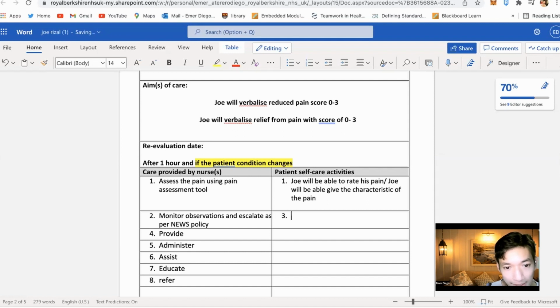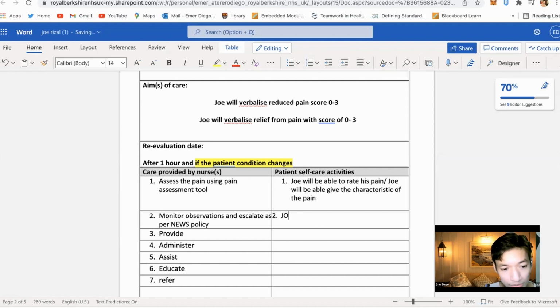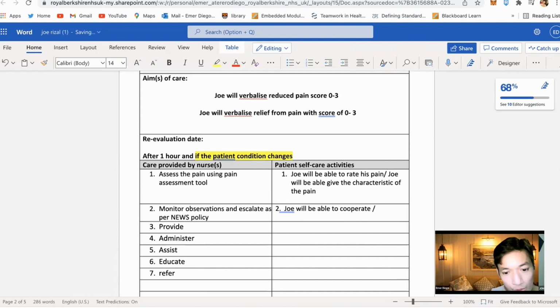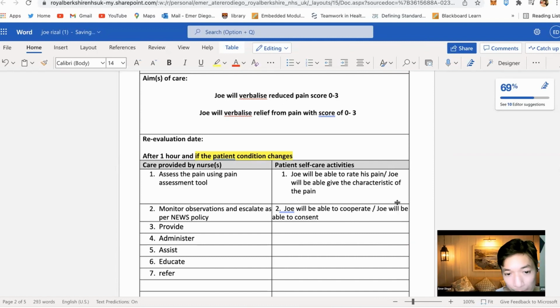So what are we writing in this section? Joe will be able to cooperate. Let's say in terms of the vital signs taking, Joe will be able to consent. So probably consent in terms of taking the vital signs. Okay? So along those lines,